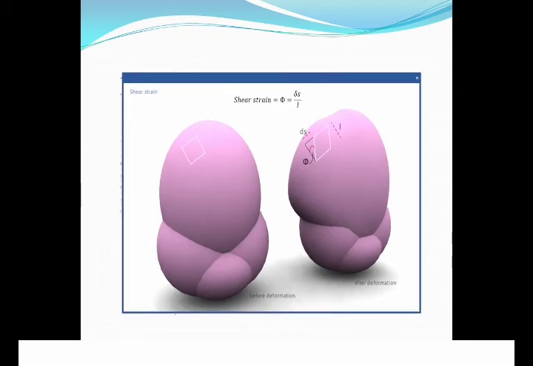This slide shows the shear strain. First was the linear strain, now is the shear strain. What is the change in this case? In the linear strain it was the change in length. Here we are saying it is the change in deformation, delta by L, which is already shown, that is the shear angle has changed. In that case the square has turned into a rhombus. So that is a slight shift in the axis. That is nothing but the angular displacement that is taking place in case of the shear strain.